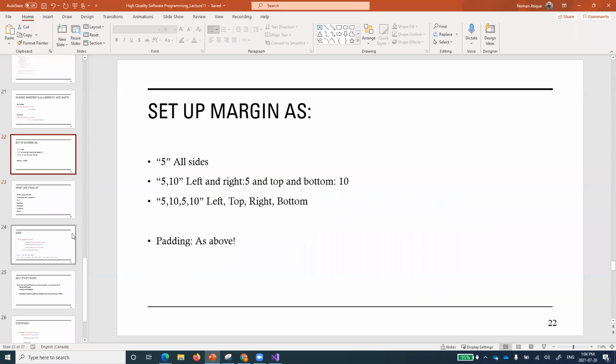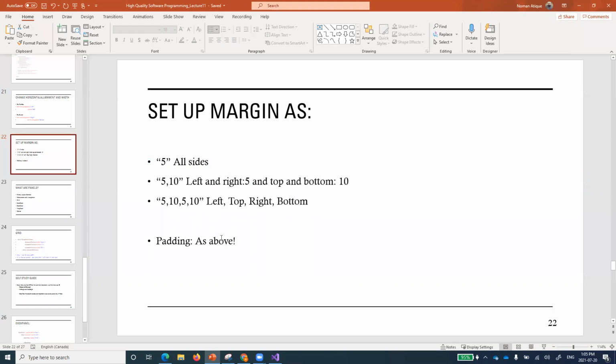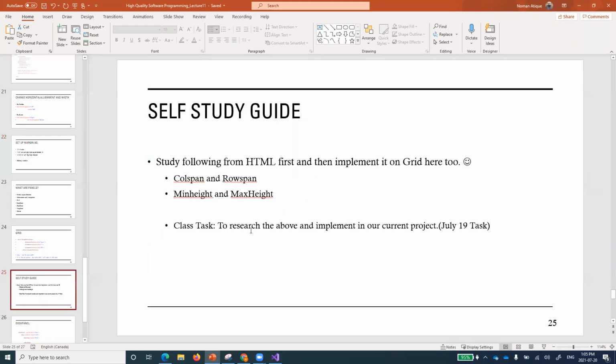But today's class, I will be keeping at a very different pace. Today, I would like all of you to run with me, and we will collectively make a small application. During that application, we will try to learn a lot of the concepts that we have studied, right? Whatever we have discussed till this point yesterday, like the margin, and then I gave you this self-study.